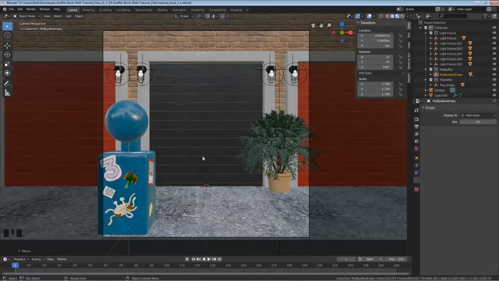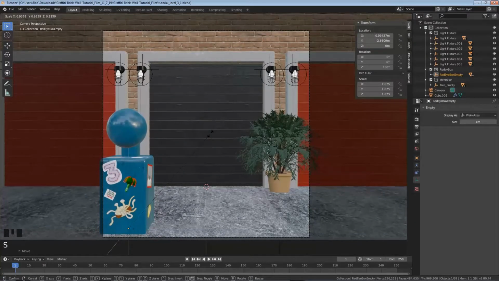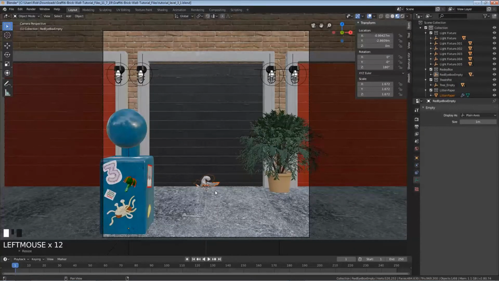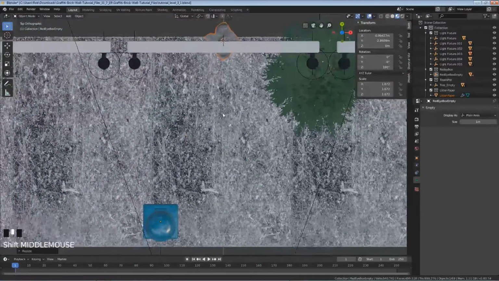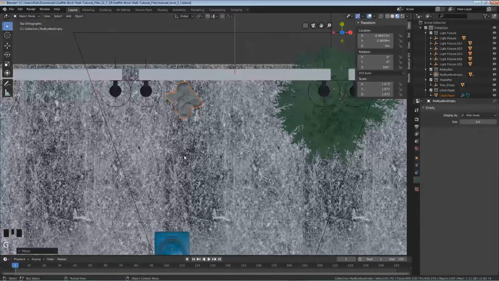It might be a little big again now that we can't change this perspective. So I'm gonna hit S for scale, bring it down a bit, maybe something about there. Okay, so file, append, go up a few. I want the paper 01, double click on the blend, go to collection, double click on litter paper, and I'm gonna hit 7, I'm gonna hit G, and I'm just gonna go ahead and put that somewhere like so,